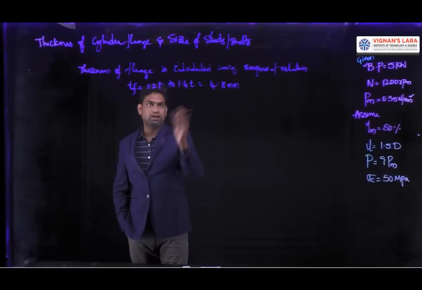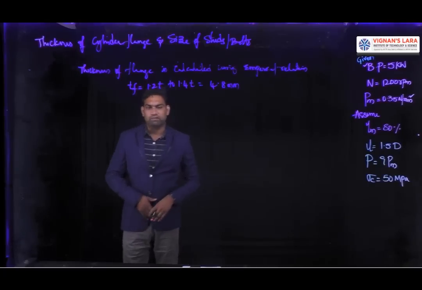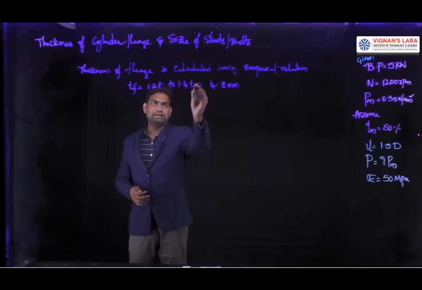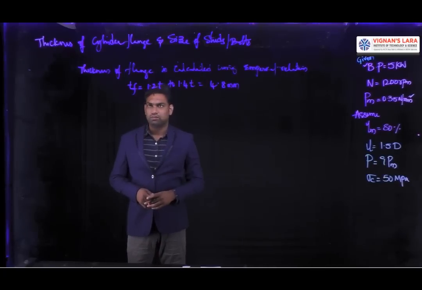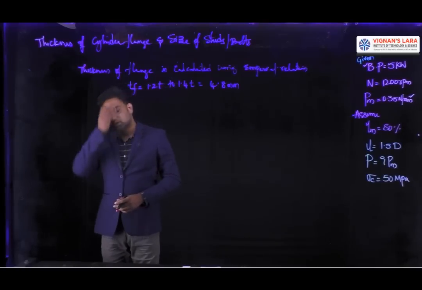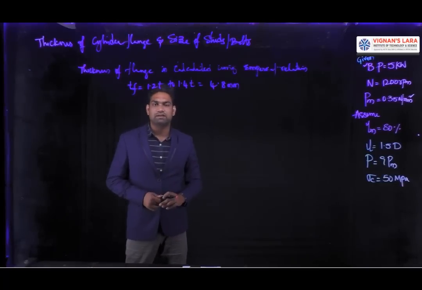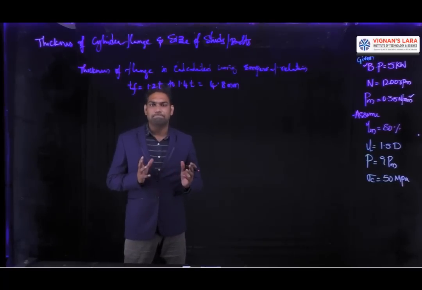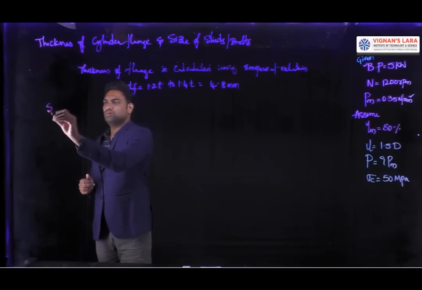Or you can also take the range. So whatever value you want to take, you can take 1.25 or 1.3 or 1.35 T. So based upon the thickness you calculated in the earlier step, the thickness of flange is going to come. And then the size of bolts is calculated. So here the nominal diameter and the core diameter of bolts is calculated by equating the total gas load in the cylinder to the allowable tensile strength of all the number of bolts. Clear? So that also needs to be mentioned here.